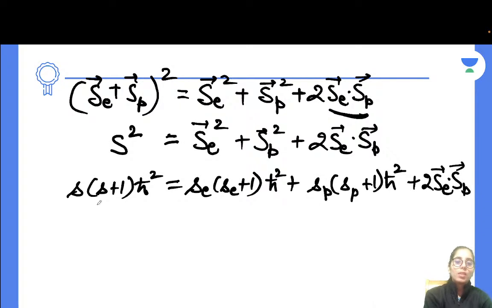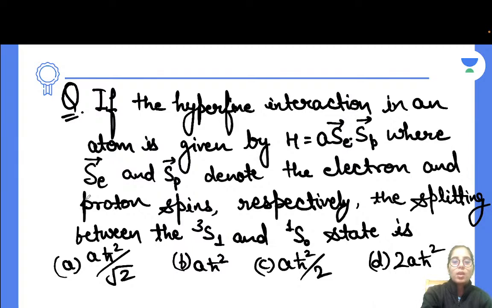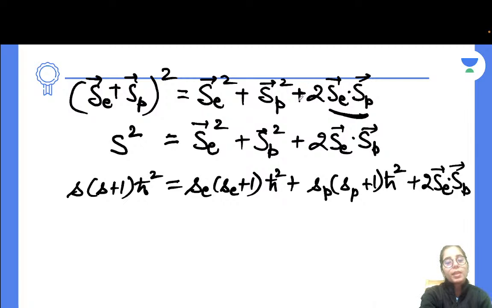Now if I talk about the electron and proton spins, they are going to be 1 upon 2 and 1 upon 2. So net spin can be 0 or 1. If you compare it with 2s plus 1 in the spectroscopic term notation, it will give you s is equal to 1 and this will give you s is equal to 0. So you are still getting the same values. Or in general, even if you take half and want to find the resultant, half minus half to half plus half, that's going to be 0 and 1. So then you will be able to consider it to be 0 and 1.